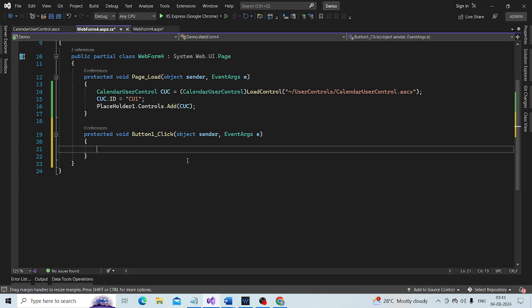Button control onto the web form, and whenever I click this button, what do I want to do? Whenever the user selects a date from the calendar user control, I want to retrieve that date from the calendar user control. Save the changes and run it again.